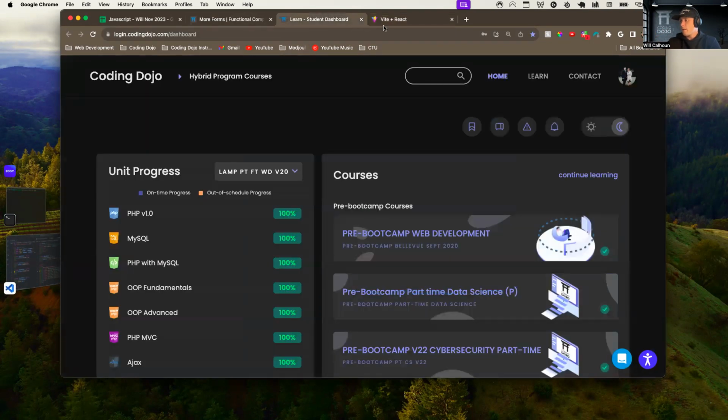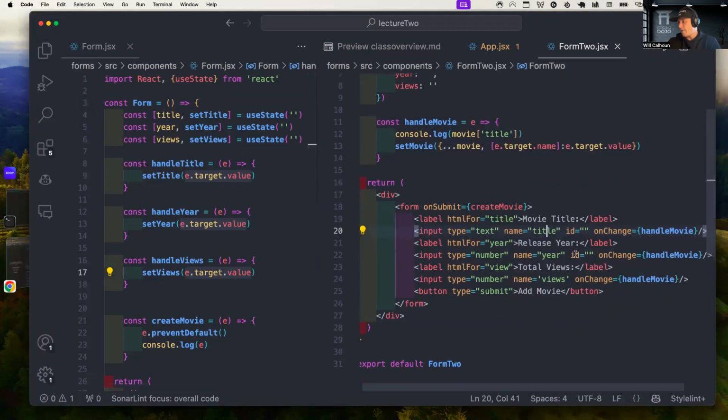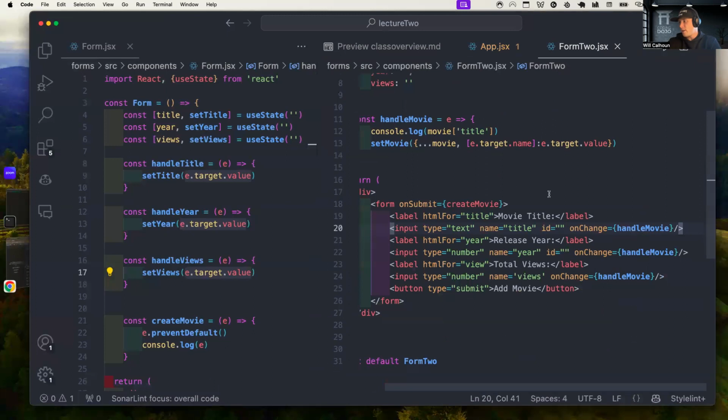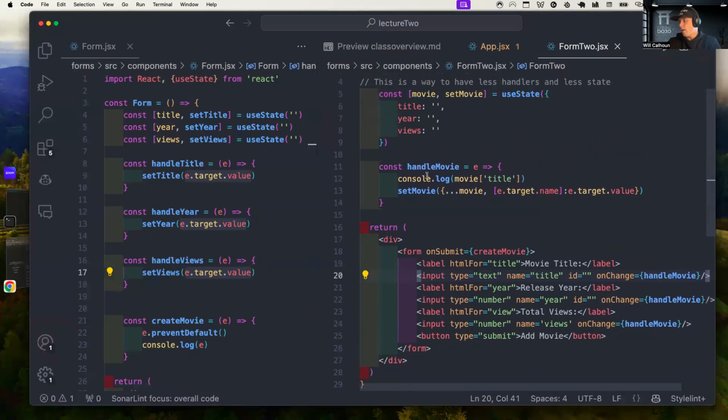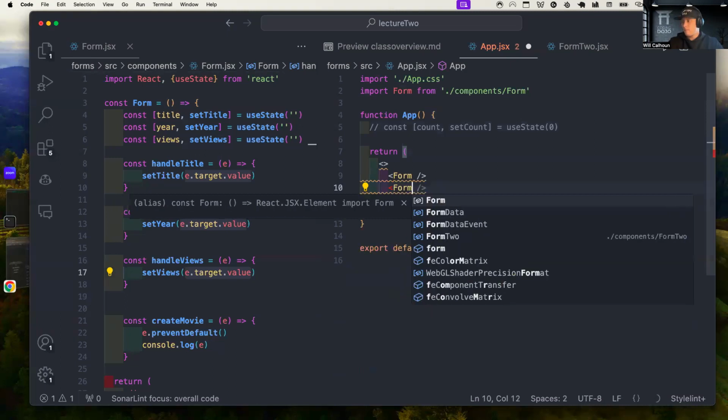Cool. So now that we've done it this way, it'll work the exact same, right? I've got a button, I've got a movie, and now every time this changes, we console log. We can comment that out. But we set our movie, we grab all of our current information, we add or update any of our new information or whatever's calling this, and then we add its value there. So if I were to go here and say form 2,